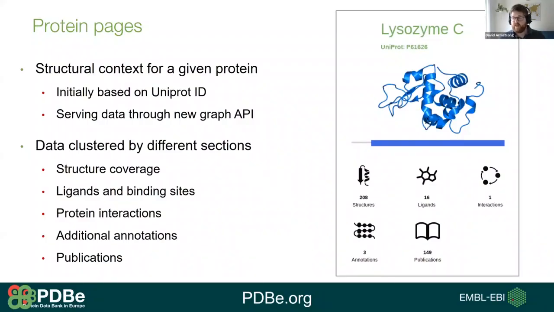So initially, I'm going to look at the PDBe-KB protein pages. Now, these are pages that we developed over the last couple of years, and they provide all the structural context for a particular given protein. We do this by UniProt ID. So this means it's one specific protein from a specific organism, and it shows all the data based on the number of structures there are of that protein, how many ligands are found, and the interactions of those ligands with the protein,